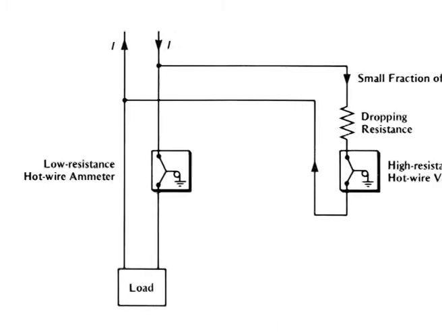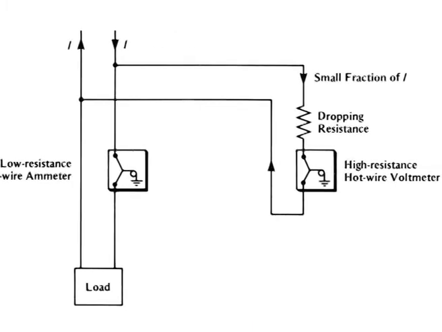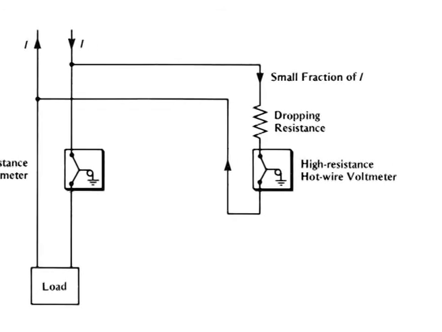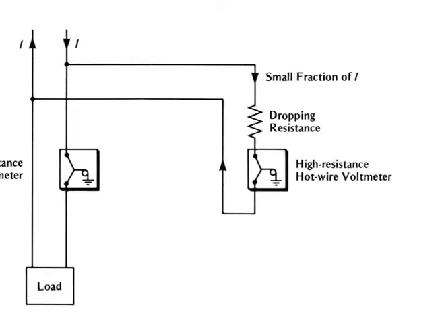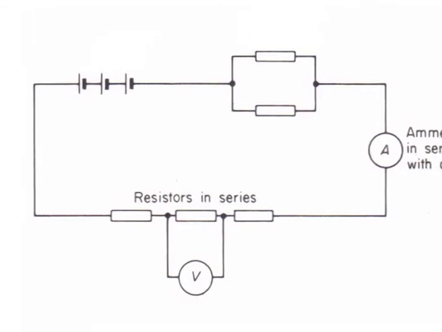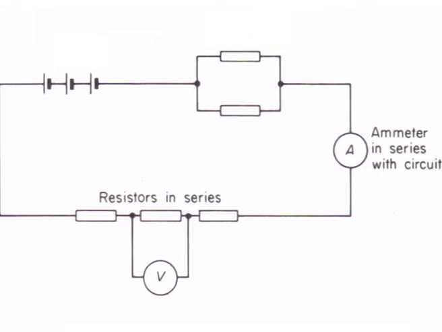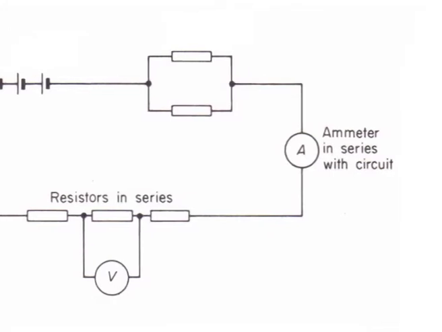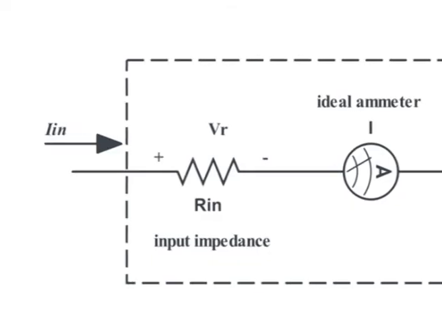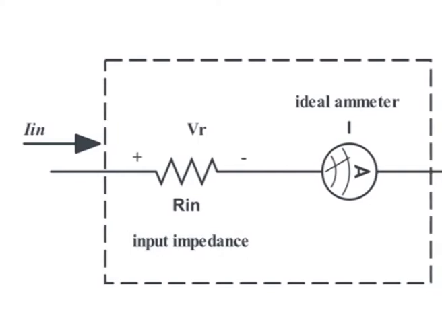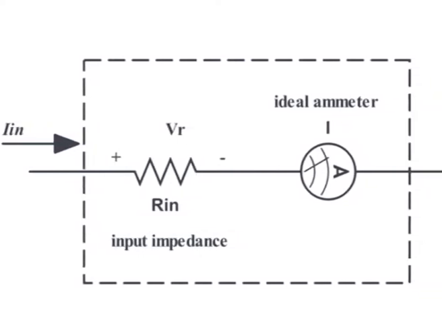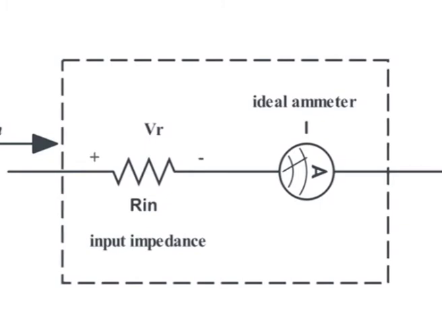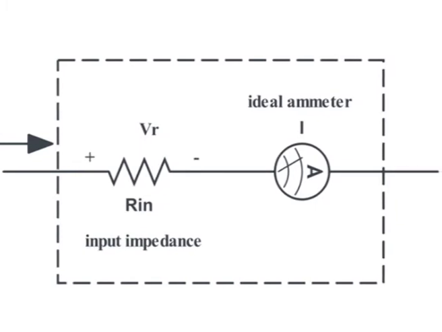Also, due to very low impedance, the power loss will be low, and if it is connected in parallel, it becomes almost a short circuit path and all the current will flow through the ammeter. As a result of high current, the instrument may burn. So, due to this reason, it must be connected in series. For an ideal ammeter, it must have zero impedance so that it has zero voltage drop across it. So, the power loss in the instrument is zero, but the ideal is not achievable practically.